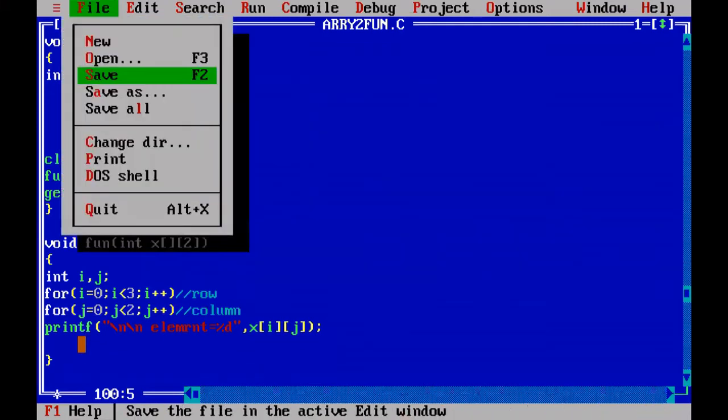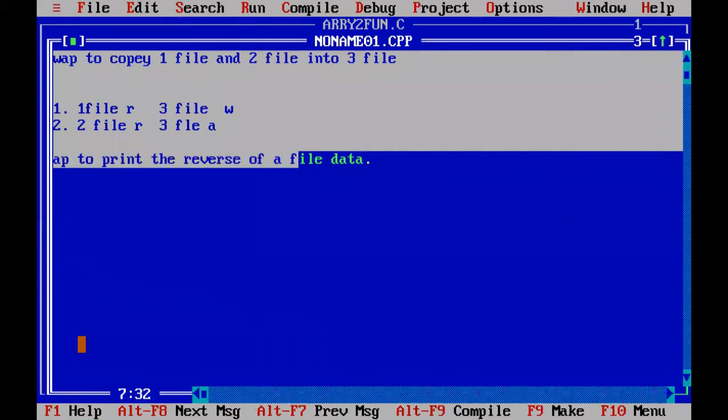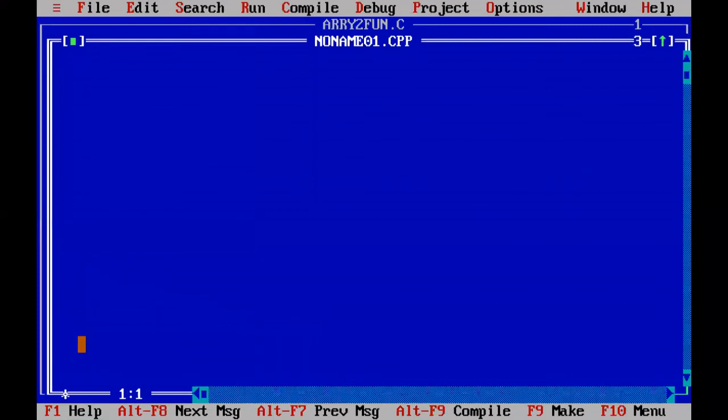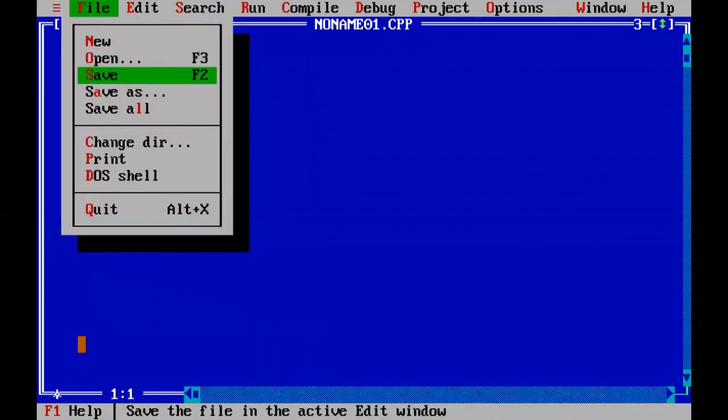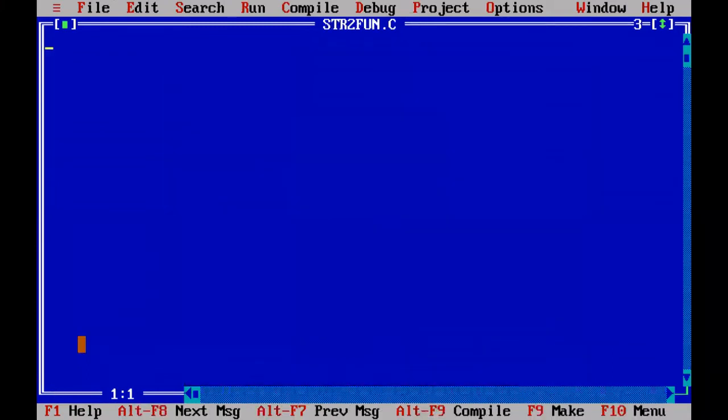Now go to the file menu. Next important topic, very easy. Control delete, full screen. Go and save with passing structures to functions.c. Till now we have seen how to pass the variables, integer and character variables and other basic data type variables to the function. In the previous example, we have seen how to pass the array elements. Now we are going to see how to pass a structure to the function.